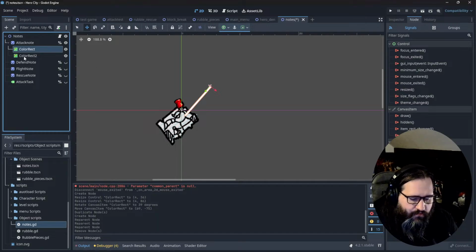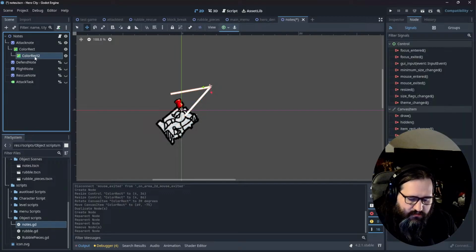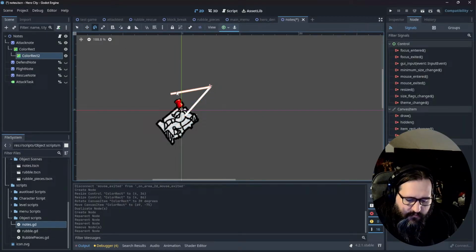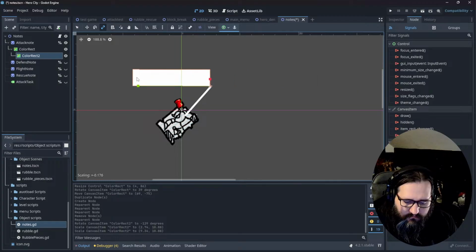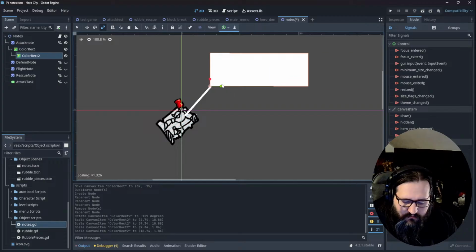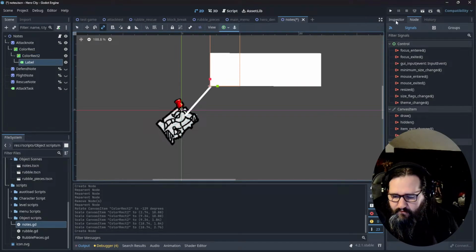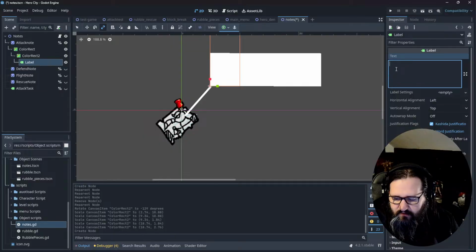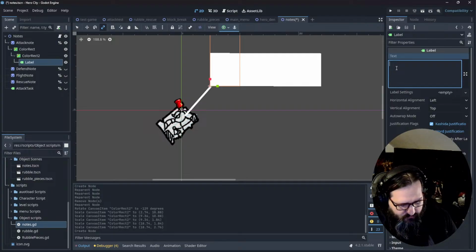Yeah, whatever, this will work. I won't bother with that. I'll add this to this. And then as child, we need a label, which I will refer to as a game